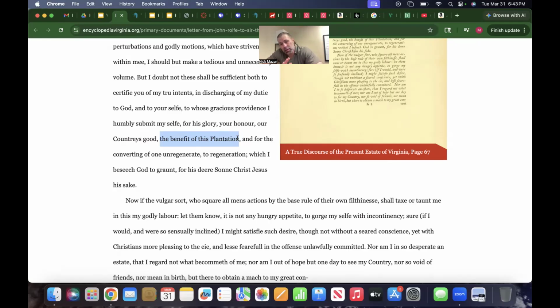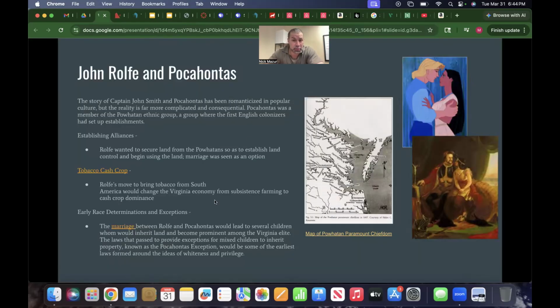Now, this is what's interesting about it, is that because they have this marriage, they have children. They have several children, and they have generations of children. And of the John Rolfe and Pocahontas marriage, there are people who still live in Virginia that are related to these original individuals. What is so fascinating about it is that you can actually look up the race miscegenation laws that were passed in the 17th century and then again in the 18th century in Virginia, clarifying who could be a slave, who could own land, who could do this.